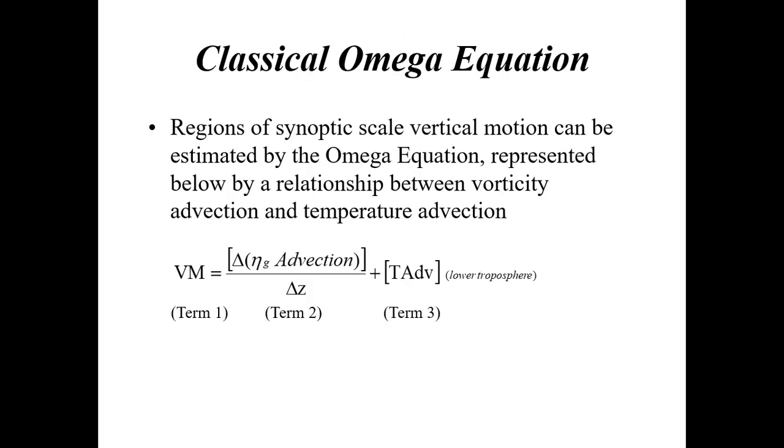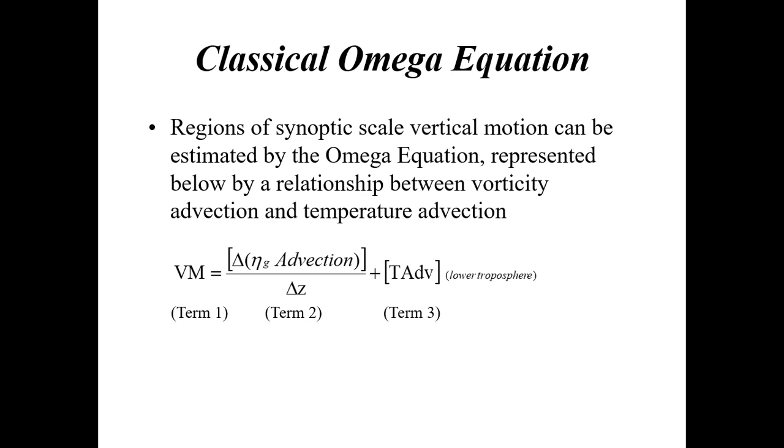Right. So this is an example of the classical omega equation. And I'm not going to get into any of the calculations. We're not going to do any math problems. But I'm going to use this equation, use these terms that are listed, term 1, term 2, term 3, and we're going to talk about what each of these represents and how that plays into rising or sinking air motion